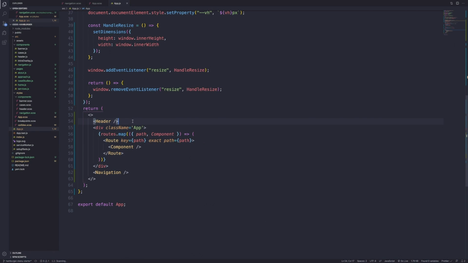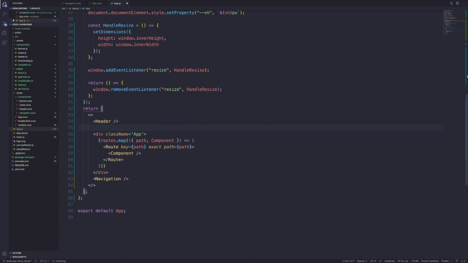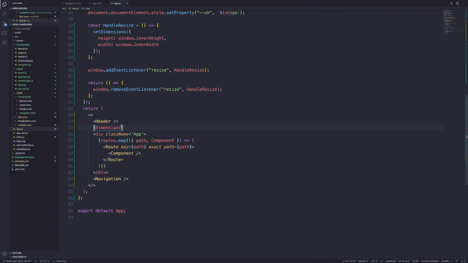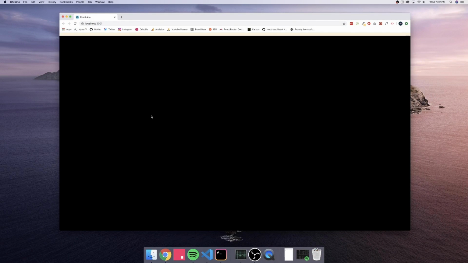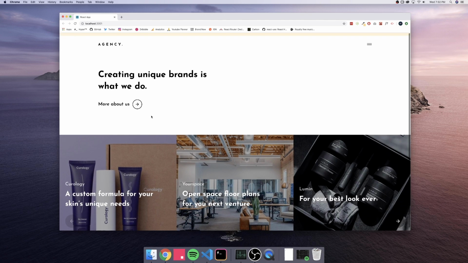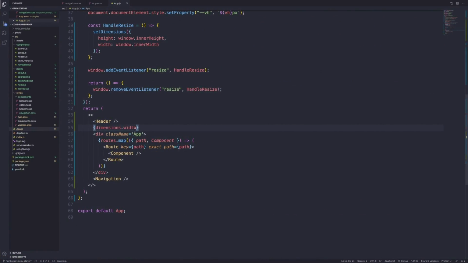Now what I'll want to do to see if this is working is I'll go ahead and grab dimensions, and in here let us just write dimensions. Now let's preview our app, and it's not working because we need to write dimensions.width. Now let's preview our app, and now it's going to give us this loading screen, of course. But it's nowhere to be displayed. That's fine. We could just log it, honestly. So let's just console.log